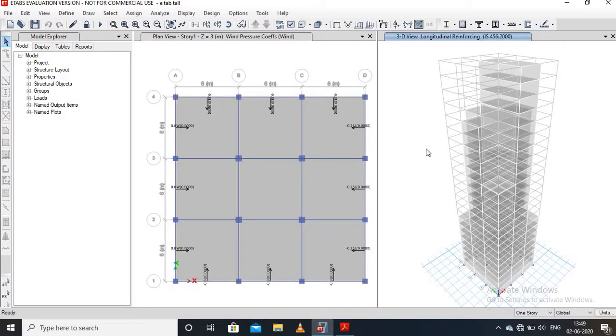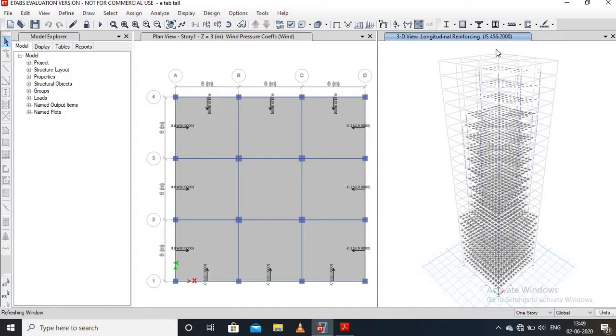After that, we can see or check the longitudinal reinforcement detail in any story.